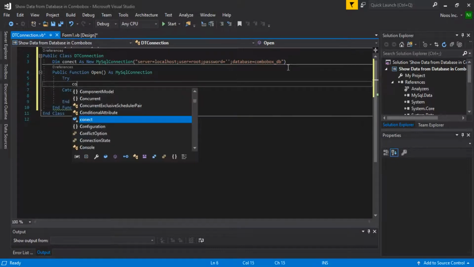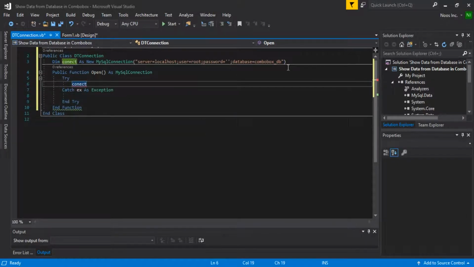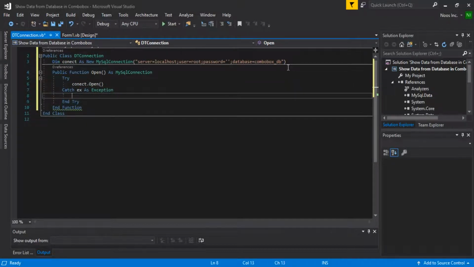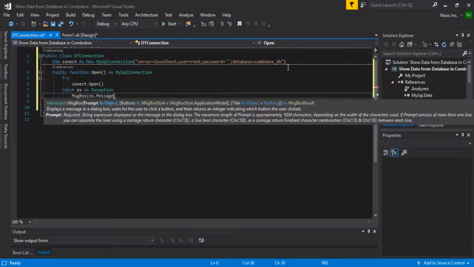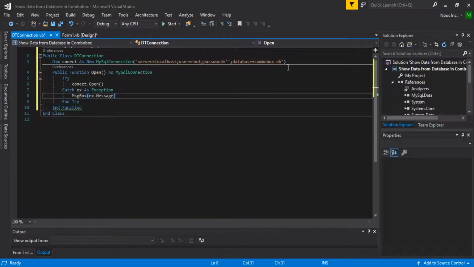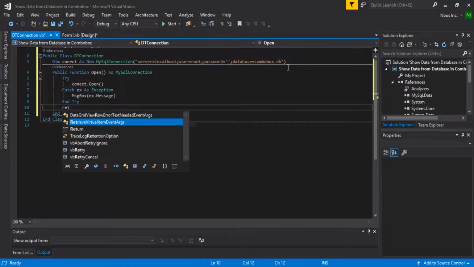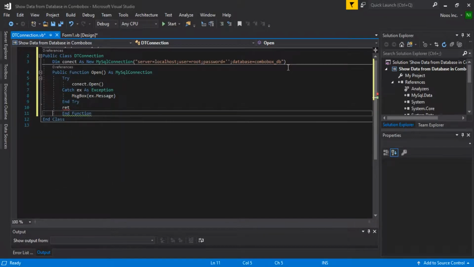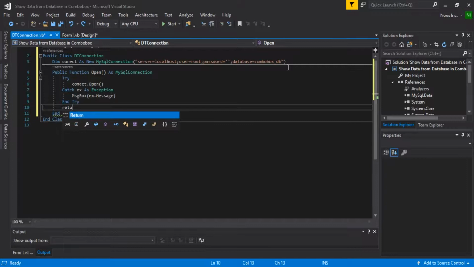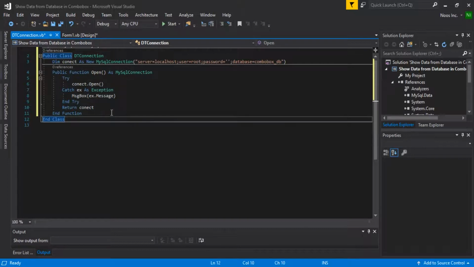Try connect dot open, and then for message box, because we are using a function, we need to return in here. I'm sorry guys, return connect like this, and